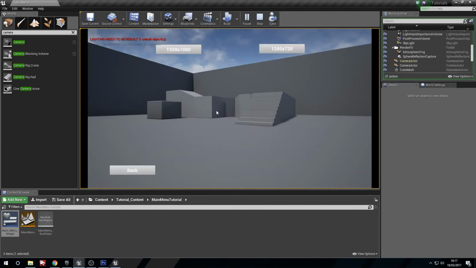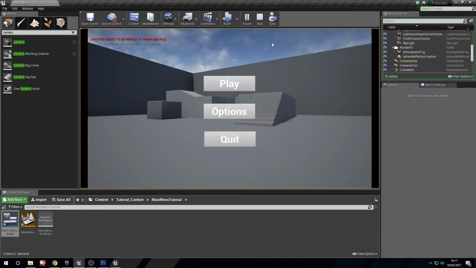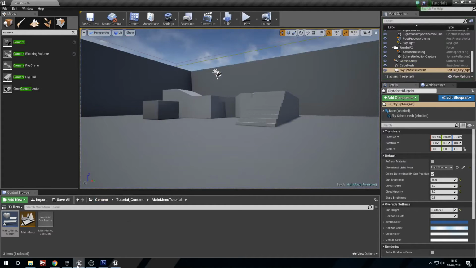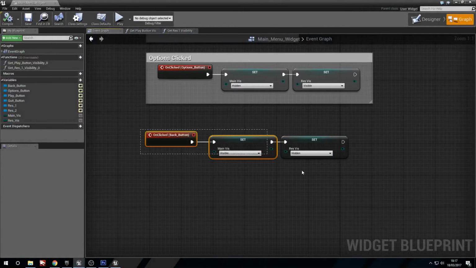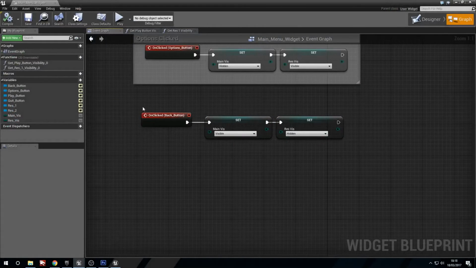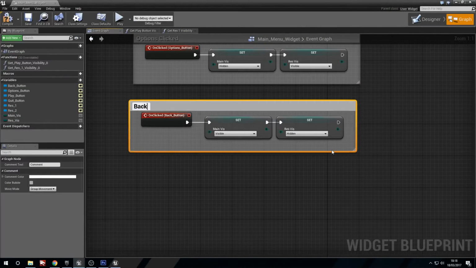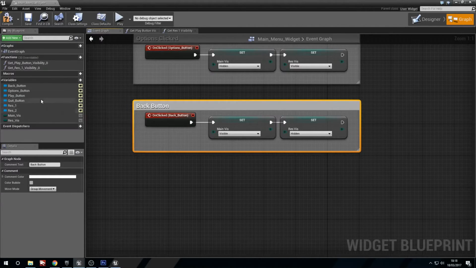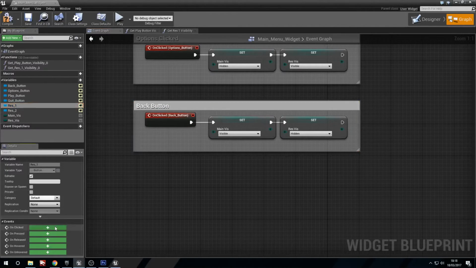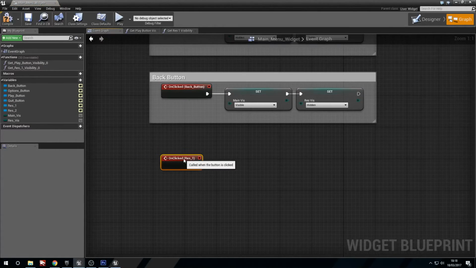Awesome. And while they're invisible, you cannot click them. Awesome! So, next thing that we're going to do is we're actually going to use the resolutions. So, let's see, we'll comment this back button. What we need is the resolution 1 button, and we're going to say onClicked. So if this is clicked, what we're going to do is